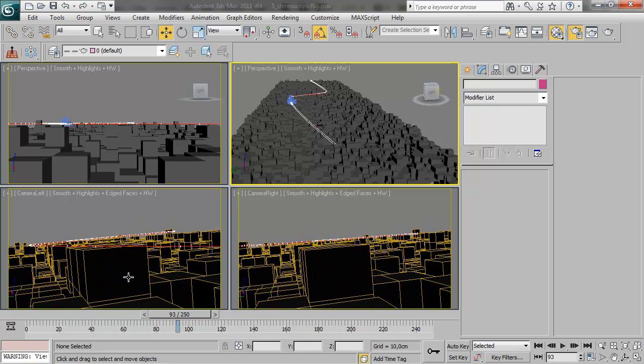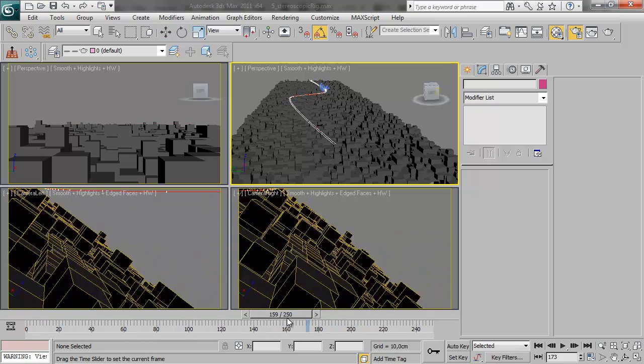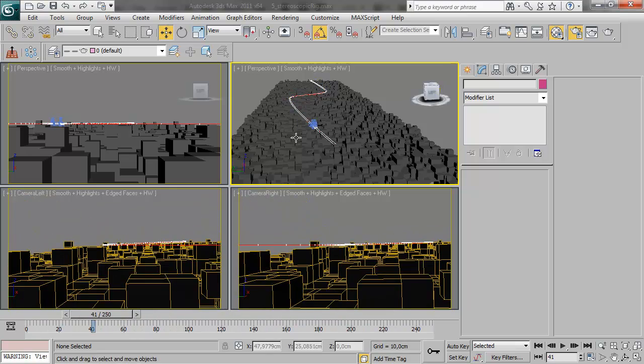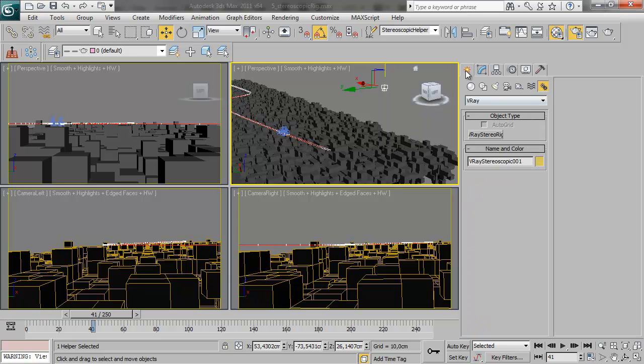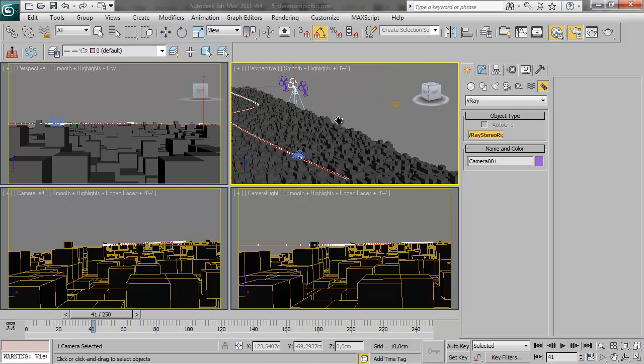This is the left camera and the right camera, and you see how the view is slightly different. Now, the way to tell the VRay stereoscopic helper to use the existing left and right cameras is to go to the Create tab, to Systems, and then select VRay, and create a new VRay stereo rig. And you can now drag this out anywhere, doesn't matter where, because we'll be assigning these cameras to this rig